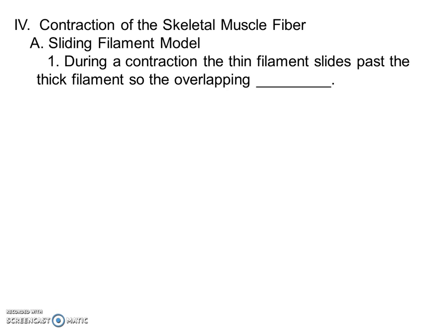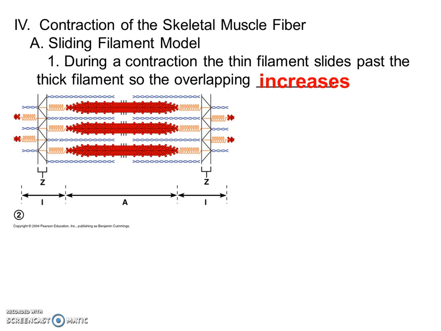And so the whole muscle appears to shorten because the distance between the two Z discs shortens, but the myofibrils or the myofilaments don't really change in size. So during a contraction, the thin filament slides past the thick filament, so the overlapping increases. This would be a muscle that is not contracted,